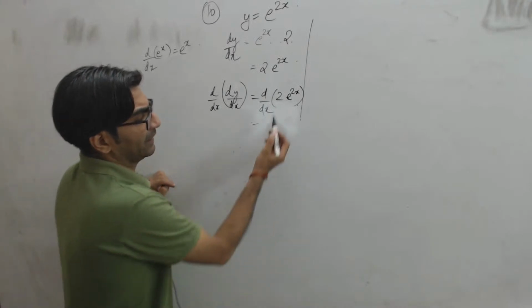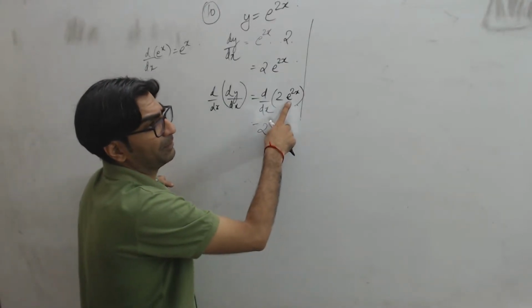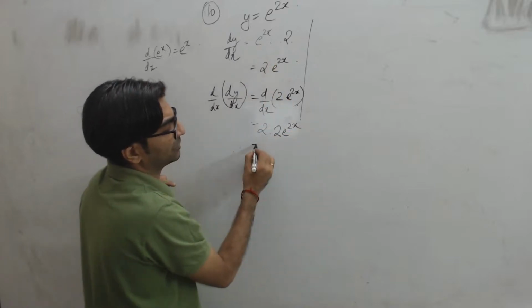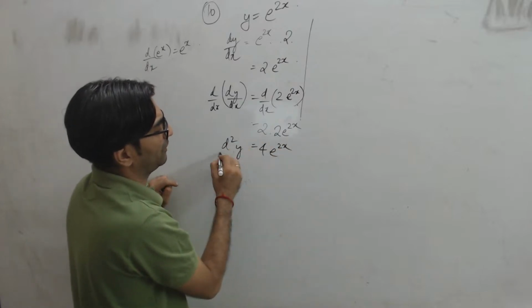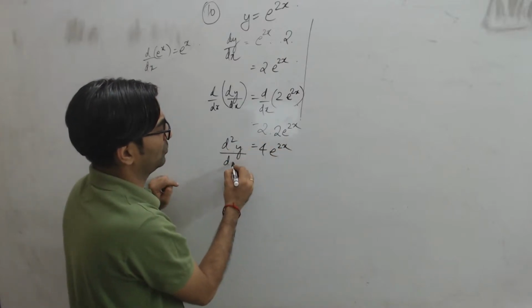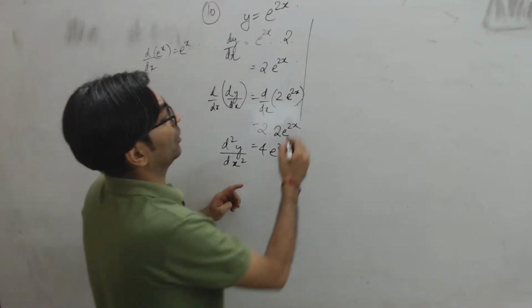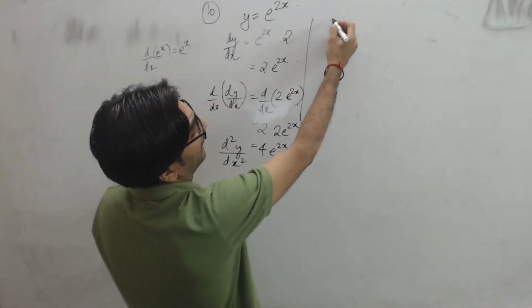Again, 2 is a constant, I can take that out. Differential of e power 2x, we've already calculated. That's 2 into e power 2x. So that becomes 4 into e power 2x. This is the second differential of y with respect to x. Okay. Moving on to the second part where I want to calculate d square x by